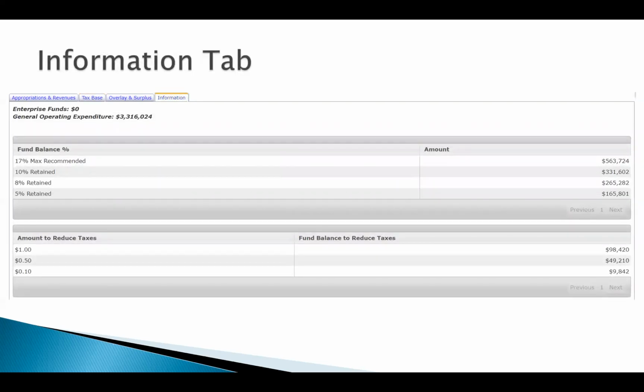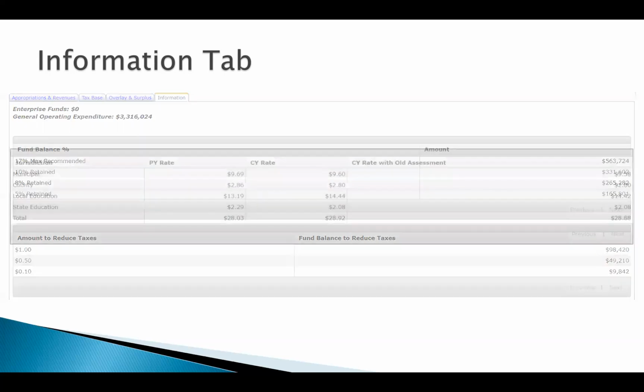You also have your information tab. This gives you a couple of important things. This gives you fund balance retention recommendations. So 5% of fund balance, holding that in your bank account is the minimum recommended, and then 17% is the maximum recommended. So you can see some guidance on fund balance there. And then also some guidance on the amount of fund balance you would have to use to reduce taxes by say $1. So that would be $98,420 of fund balance would make this tax rate go down by